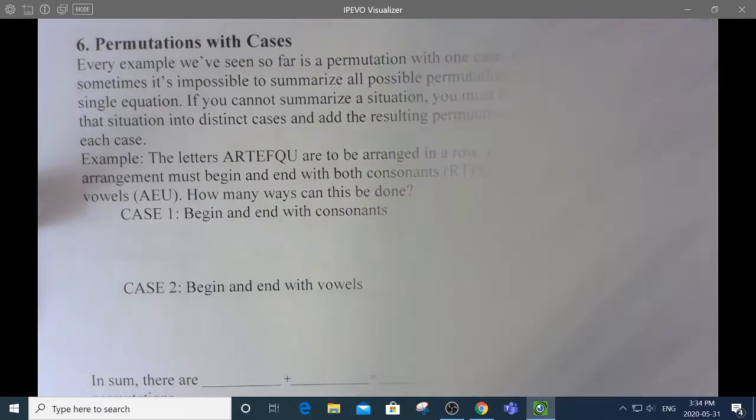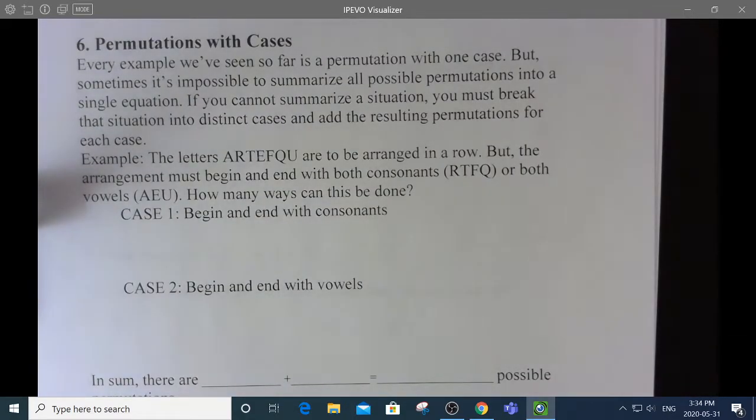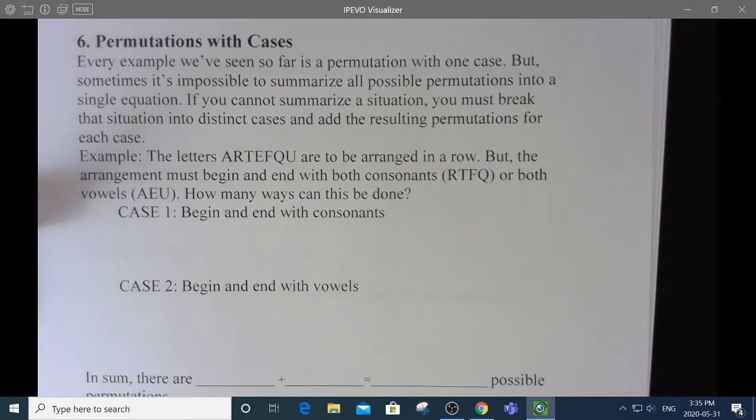Every example we've seen so far is a permutation with one case. I was able to do the calculation in one step. But sometimes it's impossible to summarize all possible permutations into a single equation. If you cannot summarize a situation, you must break that situation into distinct cases and add the resulting permutations for